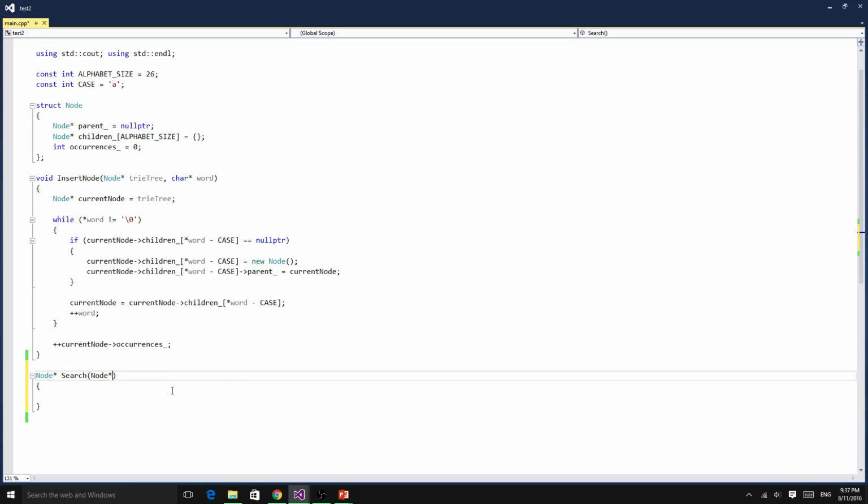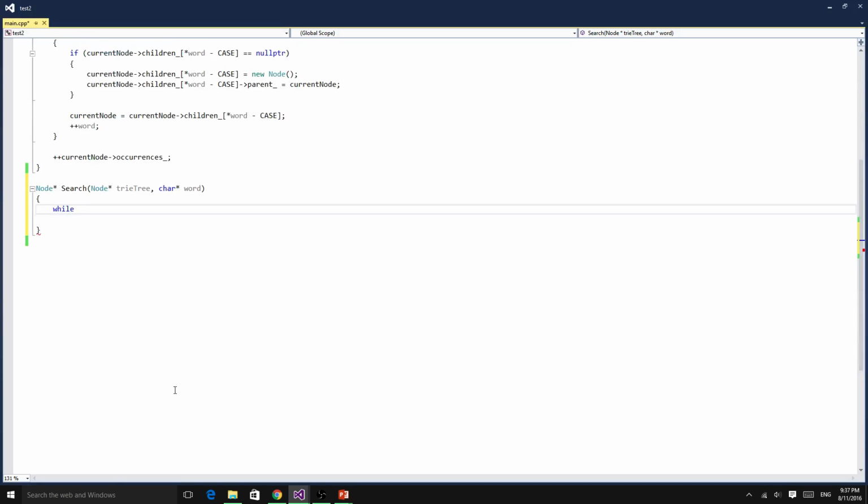And node pointer trie tree is what we'll call that, and we need to know the word, which would be a char pointer we'll call word. And then after we go and do this, we'll talk about it, so this way everything makes sense. So while the word, or the pointer to the very first character in the word, does not equal whichever character is past the final character. So while we're not done with the word,